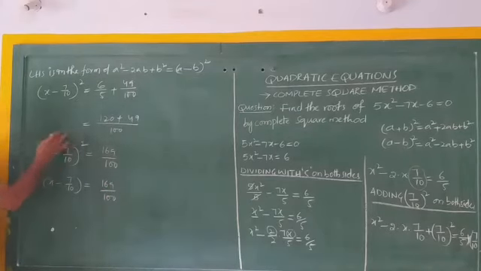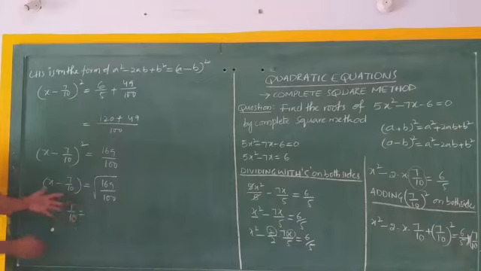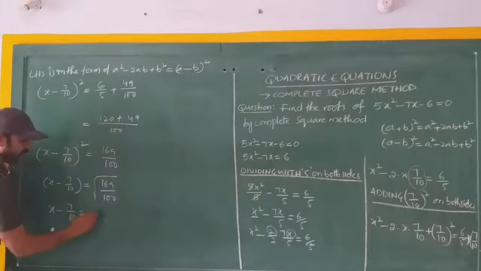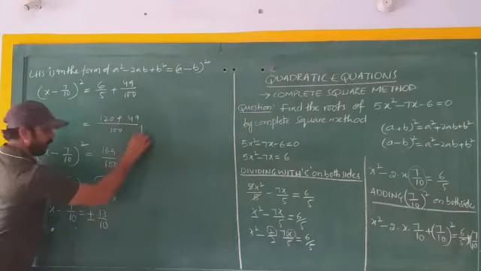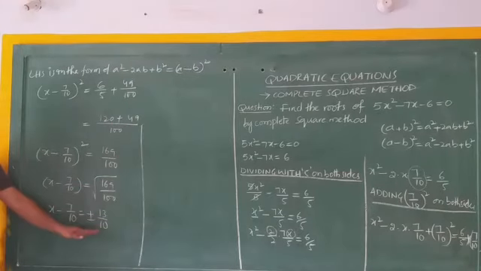Now we remove the square on the left hand side and we get a square root on the right hand side. X minus 7 by 10 is equal to the under root of 169, which is 13, and under root of 100, which is 10. A square root always has two values, one positive and another negative. Therefore we write it as plus or minus 13 by 10. Now first we equate to the positive value and next we equate to the negative value.